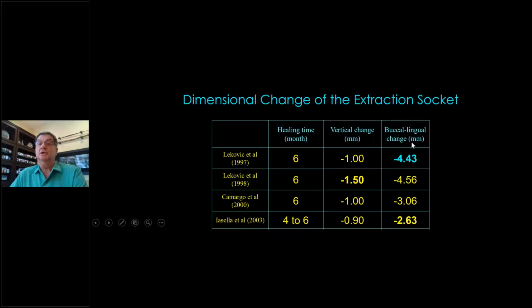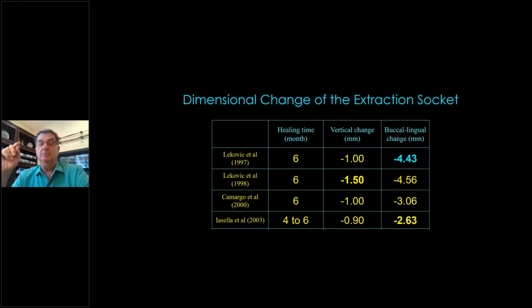Now this is unacceptable. And I looked at these data and I said, how could I accept putting an immediate implant in and getting 2, 3, 4 millimeters of buccolingual change? And that was the key why everybody said, oh, this is a problem. And you saw some of the side effects. However, when I looked at this, I said, but that isn't what some of my colleagues who were doing immediates were showing. They were showing much better results. And by putting it to the palate, they didn't see this big problem, a 4 millimeter change. So I went back to this literature, and what did I find? What they did was they opened flaps. And I'm so glad Dr. Elaskary hopped on that. If they open the flap, that's what this research shows.